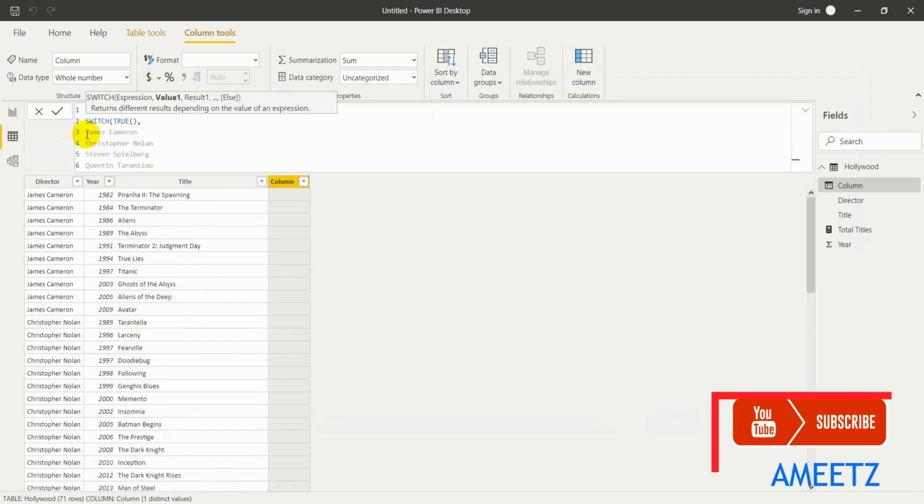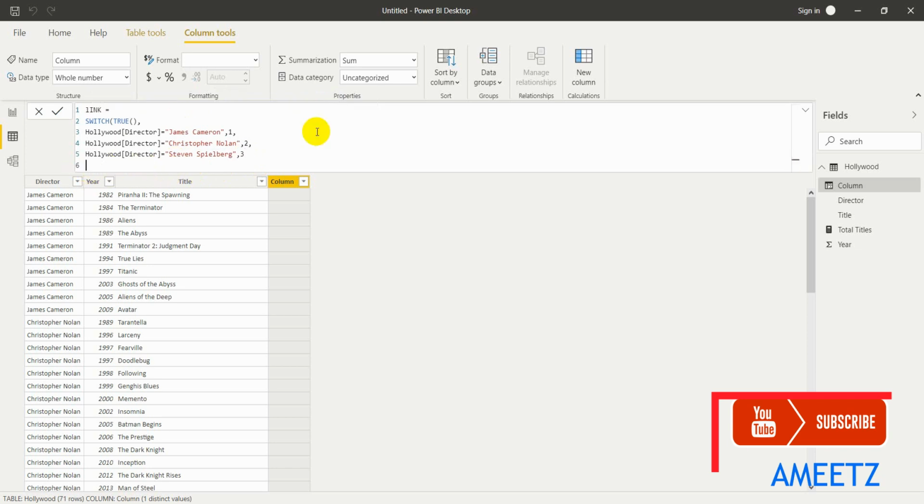Now this is nothing but director name equal, within double quotes, James Cameron, then say 1, currently just say 1, and then again director equals Christopher Nolan, then 2, I'll replace them with the link, director equal Steven Spielberg, 3, and I don't require this.